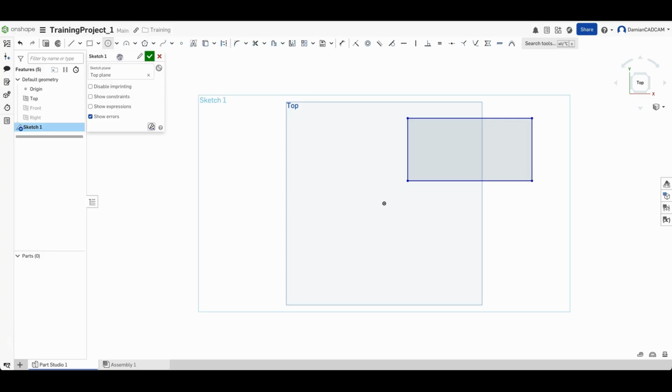We select the center point circle command, and when it comes to drawing a circle, we do it by specifying the location of the circle's center point. I click the left mouse button here, then I drag the cursor to specify the position of the second point, which lies on the circumference of the circle. And I click the left mouse button to create the circle. And while drawing the circle, we can also enter its diameter, but for now, I press Escape to cancel the